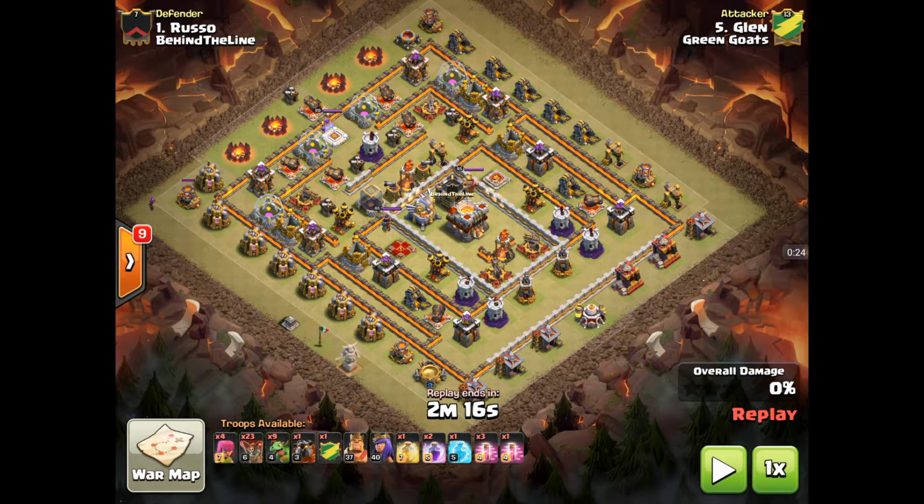Usually in any base, this applies to Town 11, Town 10, Town 9, there is a certain weakness to the base. So for instance, in this base, what I found from 3 replays of Town Hall 10s failing to get the 2-star was that it was very weak to air attack. If I were to attack this base from 4 o'clock into the Town Hall,